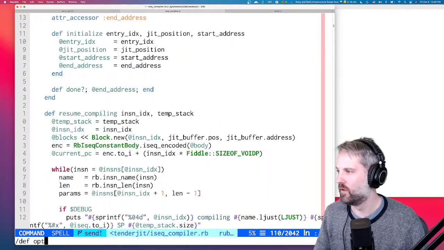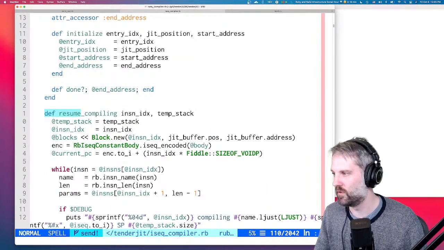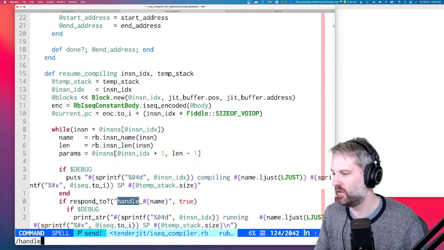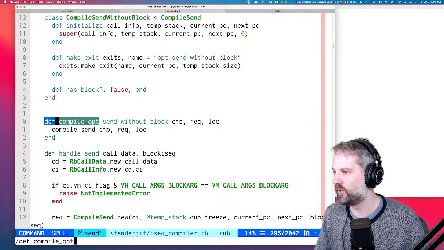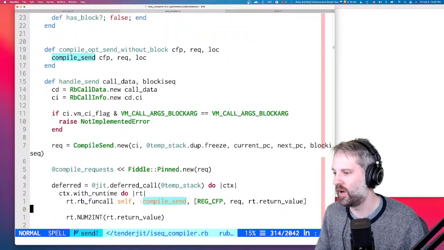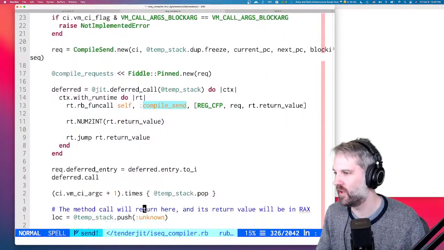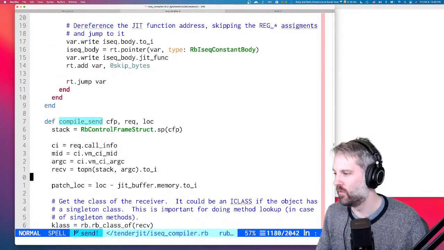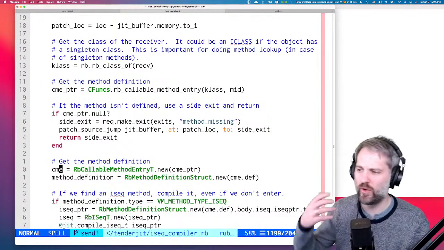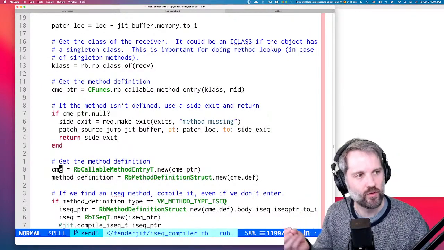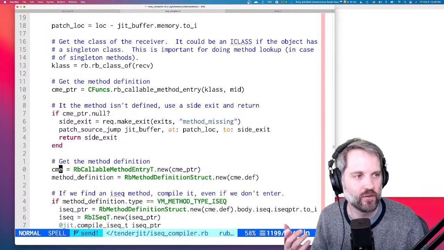Methods. Handle opt or no, def compile opt send without block. Here we go. So in compile send, we go look up the type. Which, did I delete it? Yes, I did. Good for me. All right. So anyway, this is how it'll find the instruction sequence and go off and